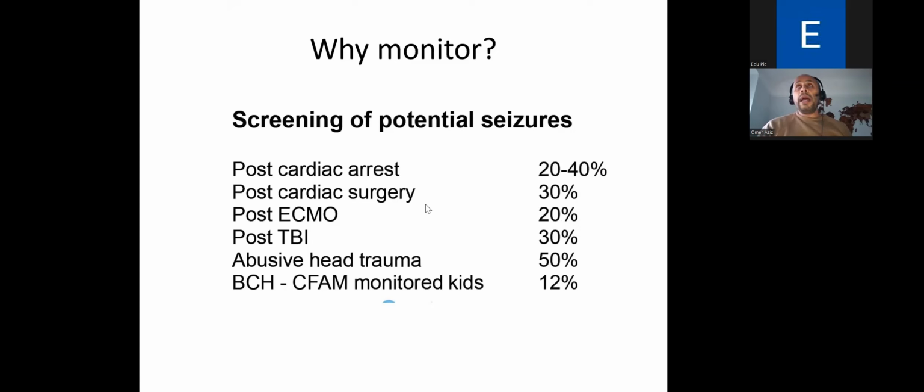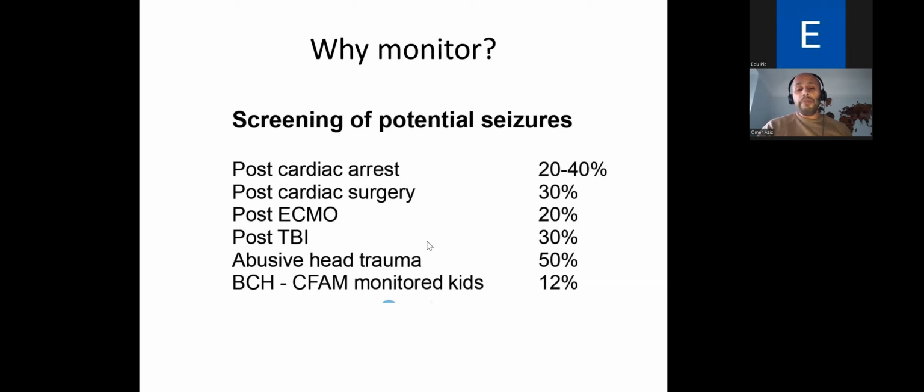Okay, and if you look at the literature, one of the strongest prognostic markers for neurological outcome for patients on ECMO is actually raw EEG. Because we know that these patients are at higher risk of bleeds, higher risk of getting thrombotic events as a result of being on ECMO. Post TBI, traumatic brain injury, we know 30% of those patients have evidence of seizures. Okay, if you look at abusive head trauma, 50%,